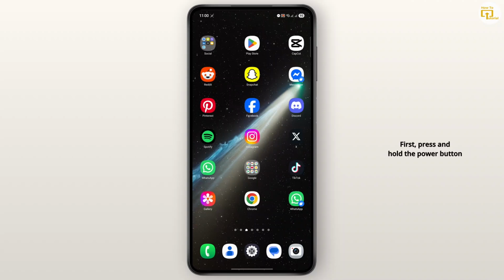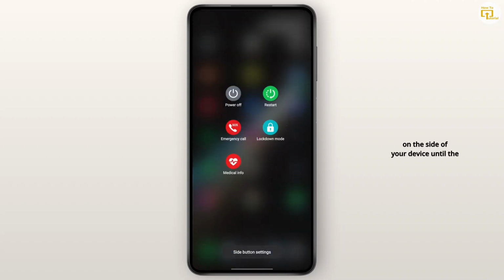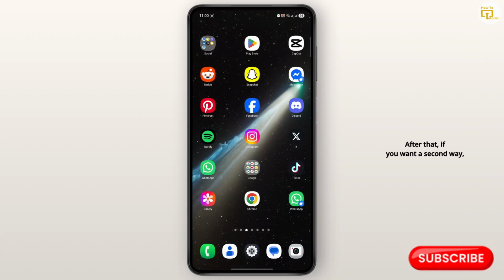First, press and hold the power button on the side of your device until the power menu appears, then tap power off and confirm. After that, if you want a second way, swipe down from the top of your screen